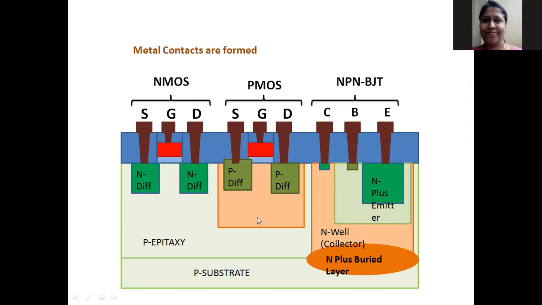For this P MOSFET, either this can be source and drain and gate, or this can be used, yeah, we have named it as source, gate, drain here. Actually, one thing you should know is both source and drain in a MOSFET will have same dimensions. So you can use any one as source and the other as drain, or any one as drain and the other one as source. Similarly for NMOSFET also. So that's about BiCMOS MOSFET fabrication.